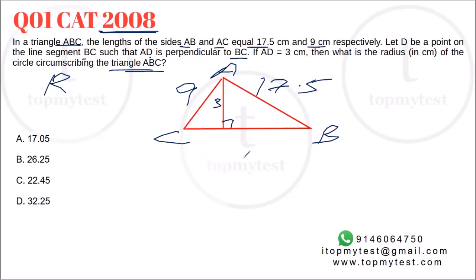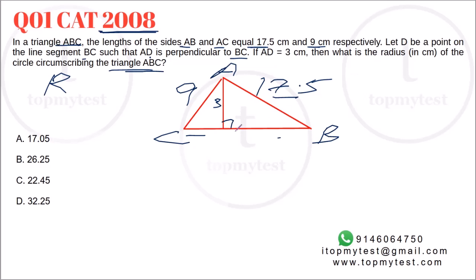Now we don't know the shape of this triangle. It may not be an equilateral triangle. However, you know, this is the hypotenuse, this is one of the sides, we can find the other side. Similarly, this is the hypotenuse, this is one of the sides, we can find the other side. And then using that, we can probably figure out the length of this side, length of the circumradius. That may not be that easy to work with, right?